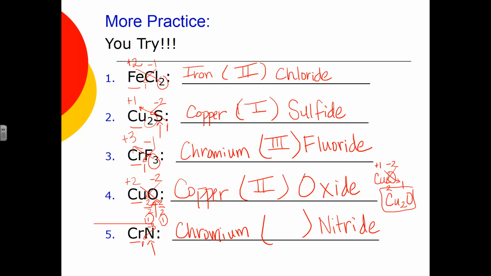But look, there's a 1 there, y'all. That means this is also a reduced formula. We know he always crosses a 3, but it got reduced to a 1. That means it got divided by 3. So whatever chromium crossed also got divided by 3, and it became a 1. That means chromium crossed a +3 charge down. This is chromium Roman numeral 3